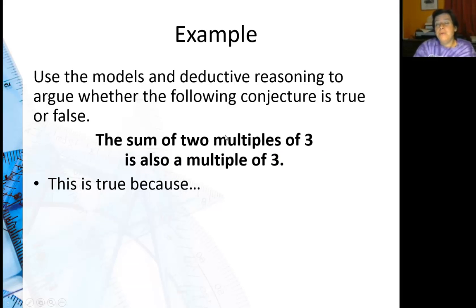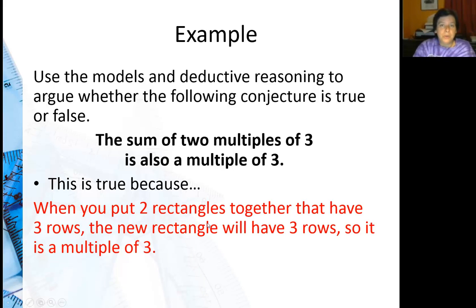So I'm going to use those models to show that the sum of 2 multiples of 3 is also a multiple of 3. Why? Well, this is true because when you put 2 rectangles together, so we're going to say rectangles where it has 3 rows, and it doesn't matter how many columns, those are multiples of 3. If I put one rectangle, say with 2 columns and 3 rows, and another rectangle also has 3 rows, doesn't matter how many columns, the new rectangle will still fit, and it will have 3 rows,